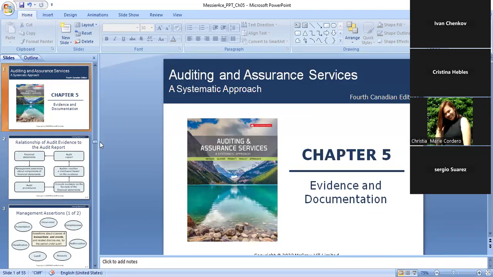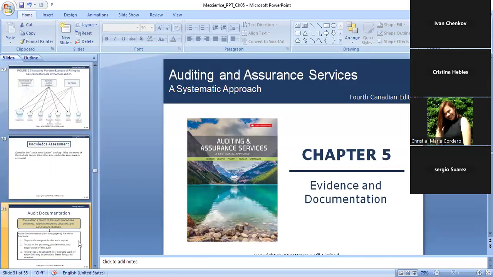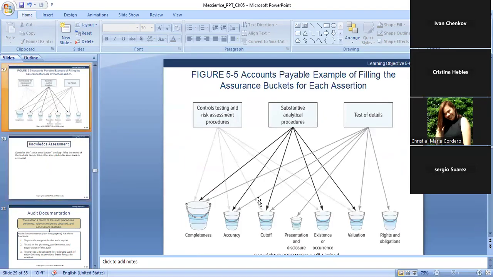So when we go to slide 29, why is the bucket too big? Because we need more evidence, more evidence and documentation. There we go. Make it simple, people. Make it logical. If the chapter is about evidence and documents, that's why we need a big bucket, because we need more evidence and more documents. Why? Because we want to reach our level of assertion,